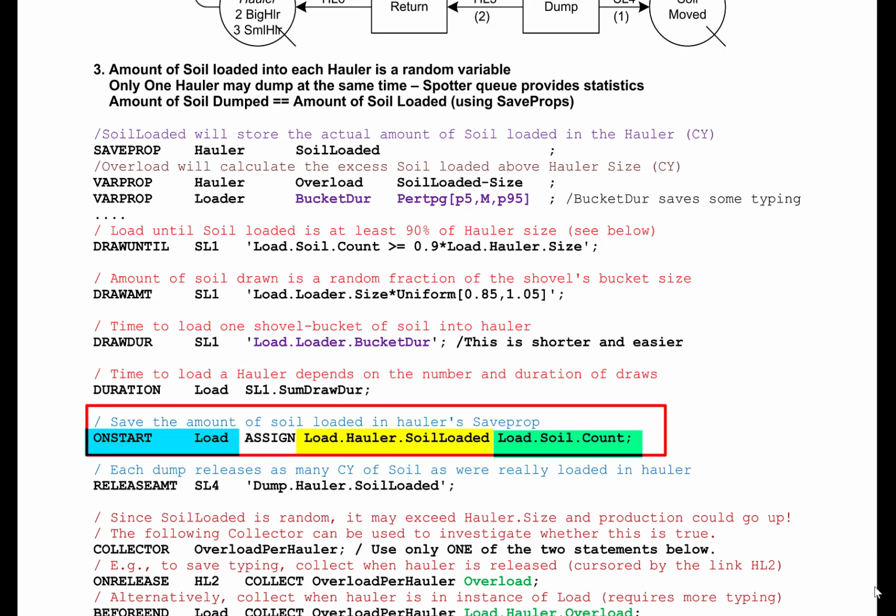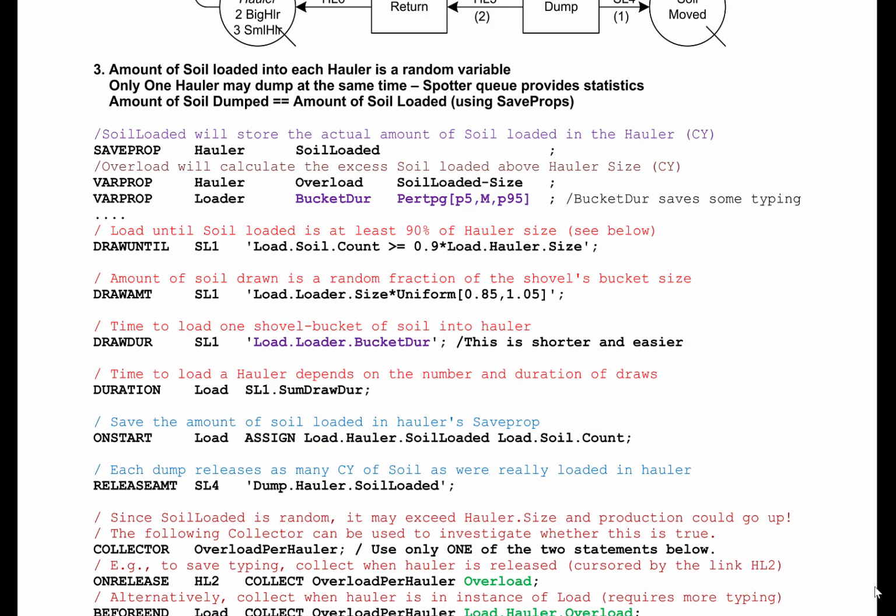That amount of soil is given by load.soil.count. That was the amount of soil drawn, and that is the number that will be stored in the saveprop soil loaded of the hauler in load. Each hauler carries with it that saveprop soil loaded that contains the number which represents the amount of soil loaded